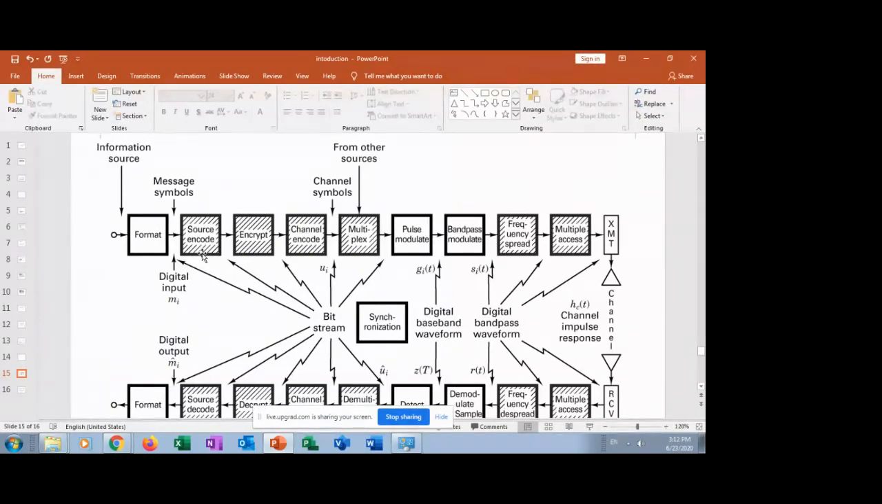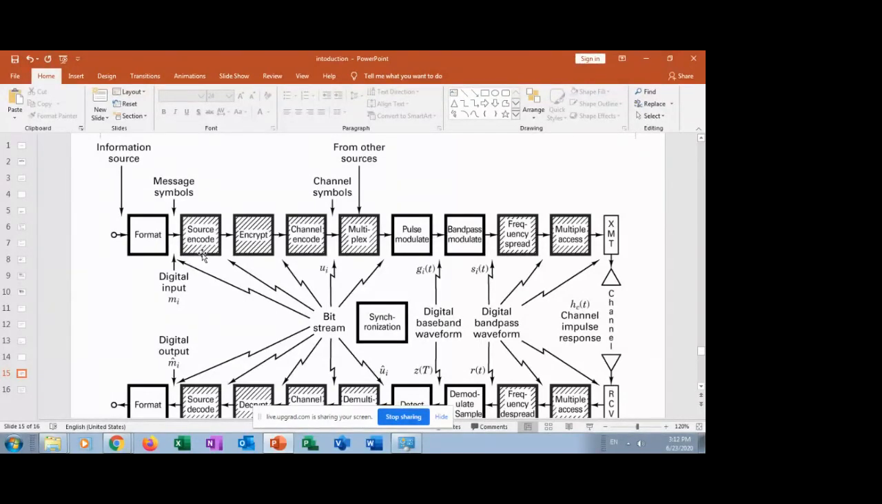Similarly, in the source encoding method, we will reduce the signal bandwidth. So how do you reduce from PCM to delta modulation, adaptive delta modulation? These are the three methods that we have to study in detail. While studying these methods, delta modulation, adaptive delta modulation, or differential pulse code modulation, we have to analyze two